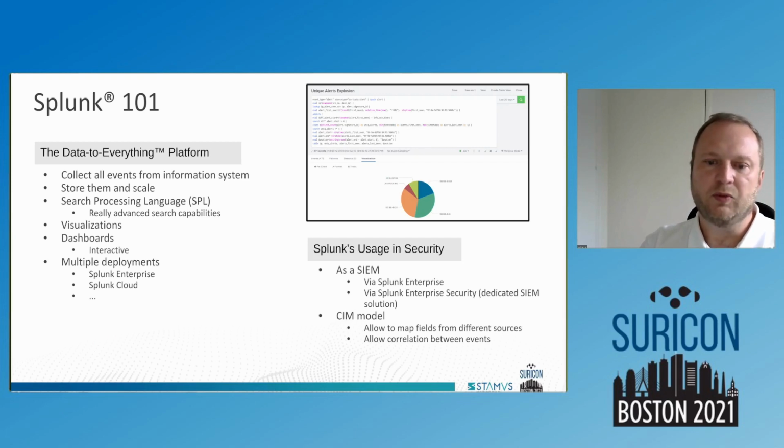It's used as a SIEM with Splunk Enterprise Security, or just with Splunk Enterprise, that is the solution where you connect to the data lake with a web interface, and then you query the data. It uses the Common Information Model, which makes sense of events from different sources and allows correlation between these different events.